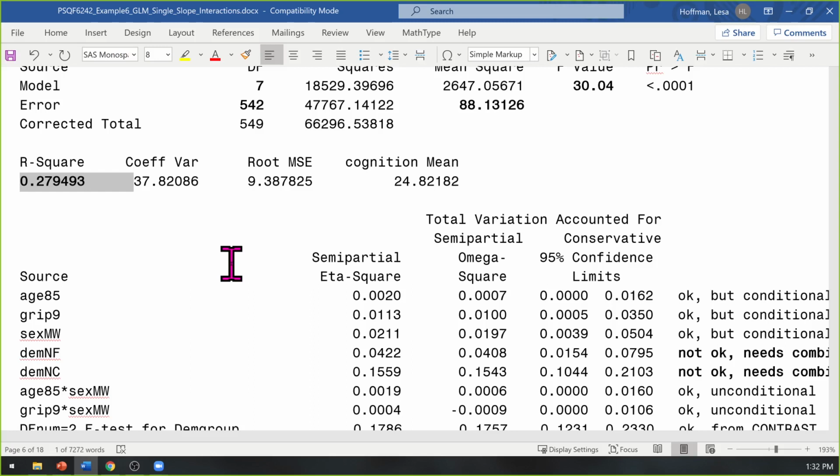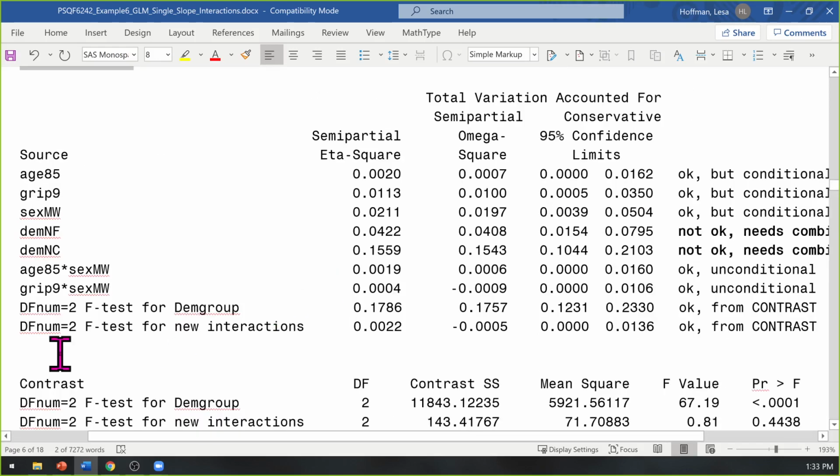Is that the test? Yeah, the new test. So this F right here doesn't tell me that. This F right here tells me whether that R square is different than 0. To answer the question whether that R square is different than the previous R square, that's the new test. So I will skip down to